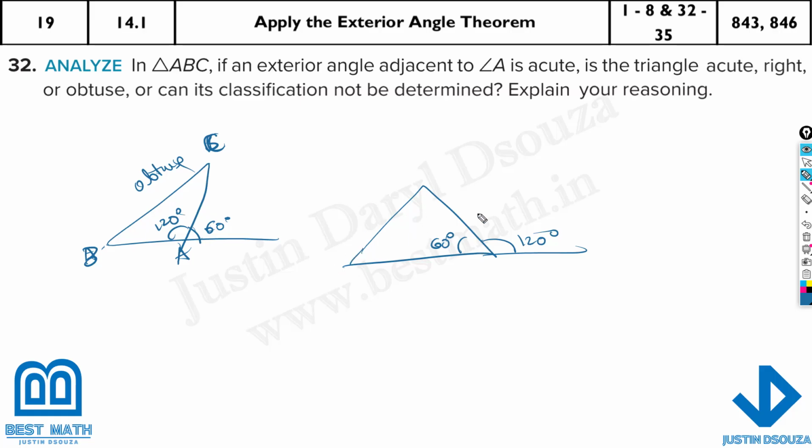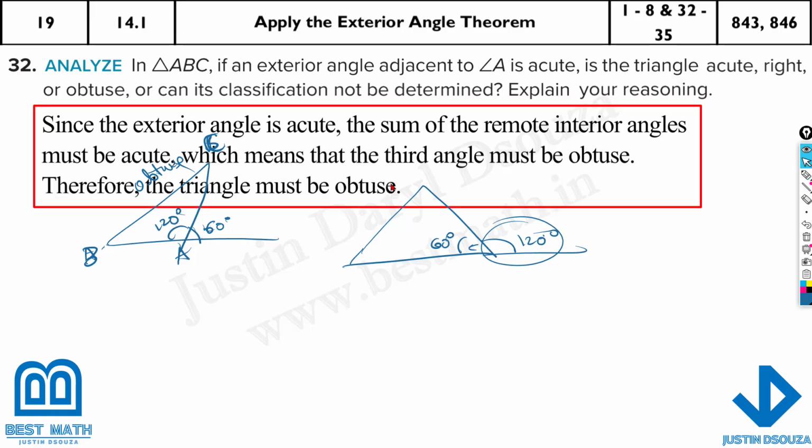So this is how we can see if this angle is obtuse, then this angle inside one will be acute, and if this is acute, then you will have obtuse. That's what you can say. Now, what did they write over here? Since the exterior angle is acute, the sum of the remote angles must be acute, which means the third angle